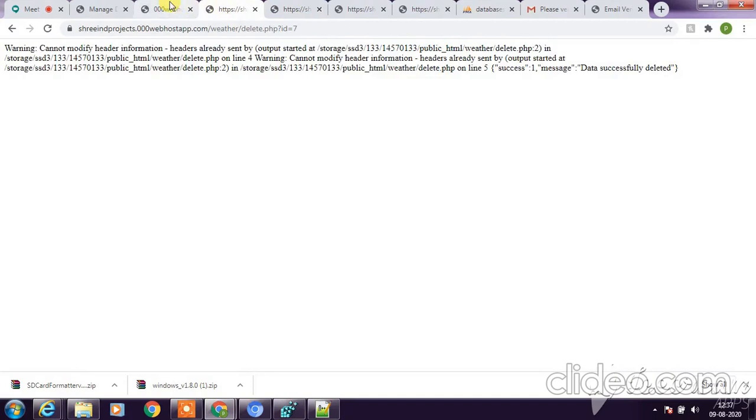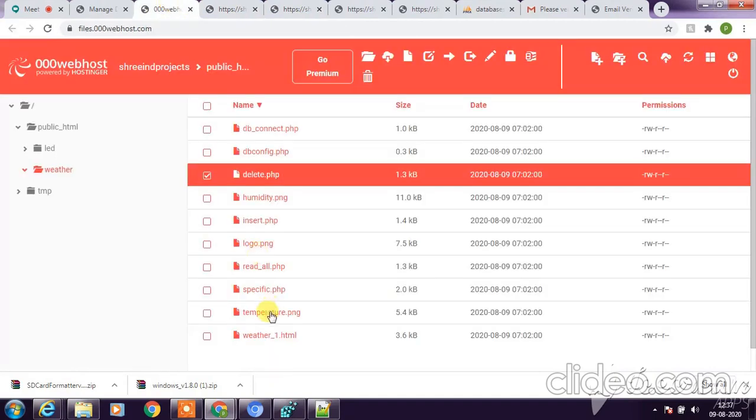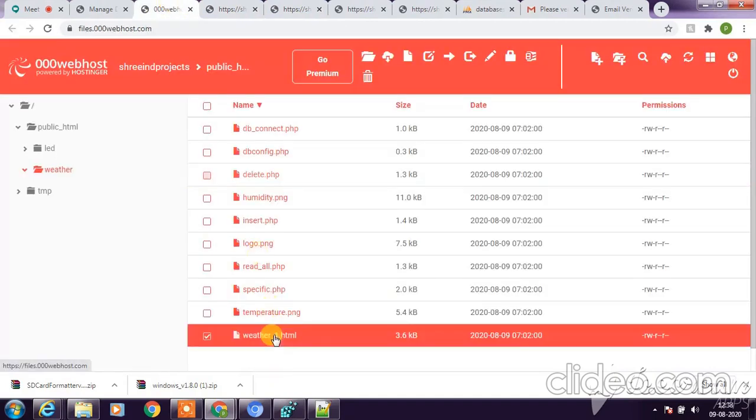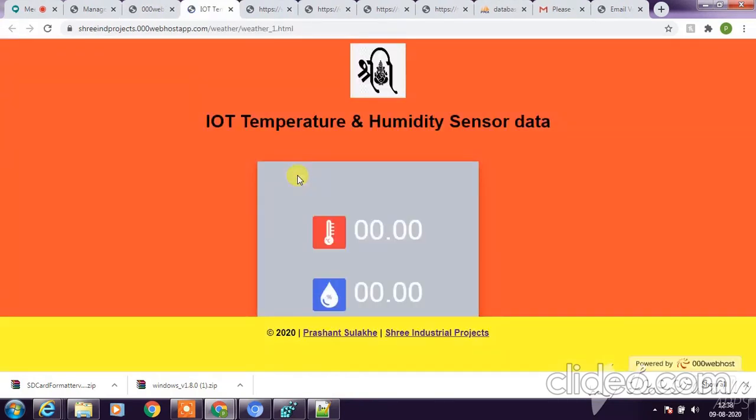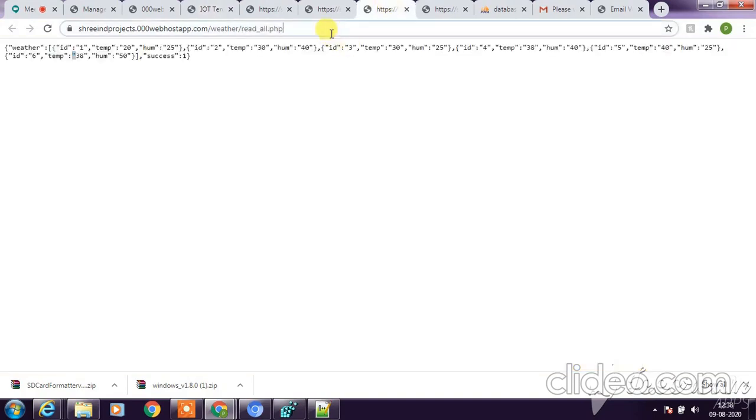The last part of this session is our weather front end. I'll go and view it. Right now it's not showing any values; it's just showing whatever logo and values I have given. I have to add the read all URL to read the data and show it on the front end. This is the URL for read all.